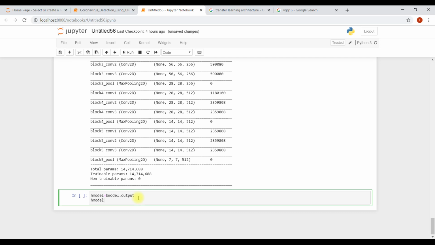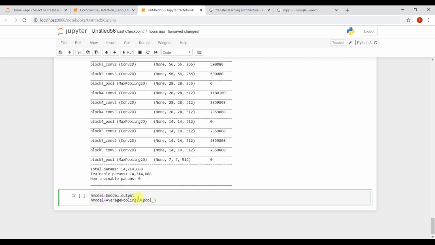Now let me explain what is average pooling. Average pooling 2D, pool size, I will explain to you.